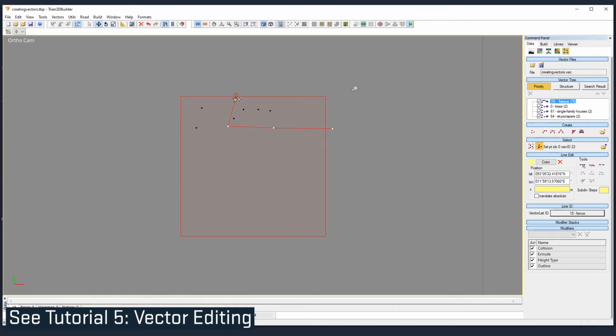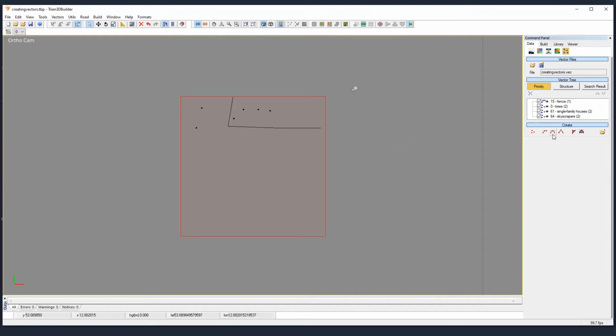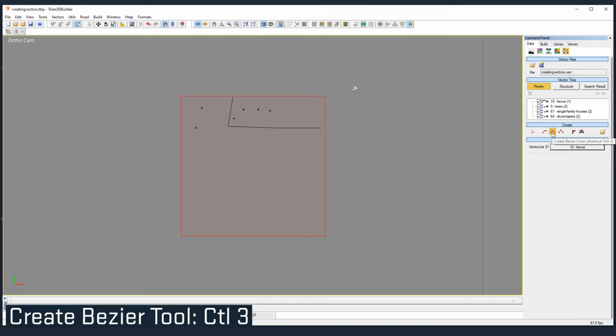And here we are editing the points. That's something you will see in the next tutorial, the edit vectors tutorial. You can translate your vectors in element mode and point mode. As said, check the next tutorial for more information about that. Now, let's draw a